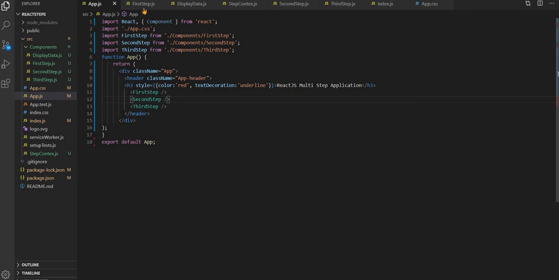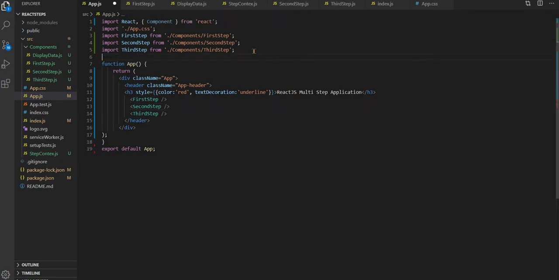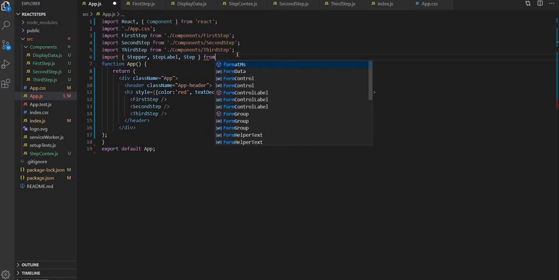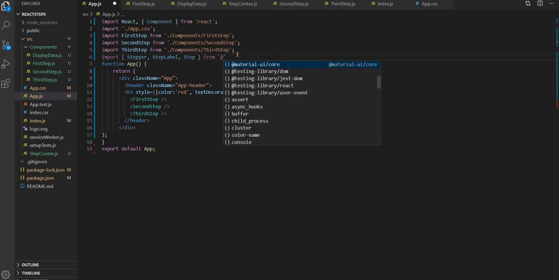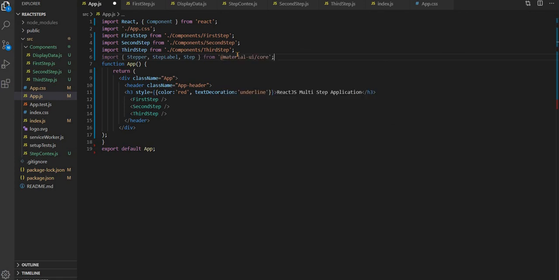To divide this, what we will do in this app, so let's import stepper, step label and the step itself. So what we will create is our stepper which will show the steps.